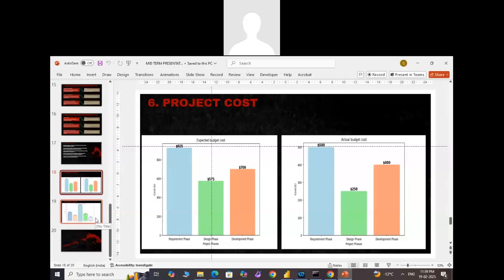As we can see in the bar chart, the highest cost we budgeted is for the requirement phase, while we completed it with very little, as we can see, $500. Additionally, data cleaning and preparation also require tools and software, which also contribute to cost, especially when dealing with large data sets. We have also used software and tools.